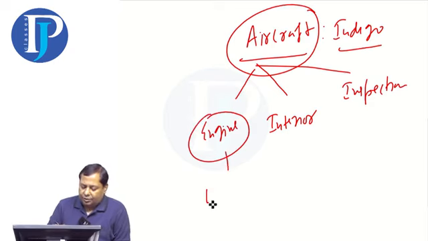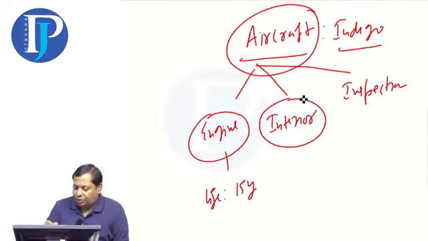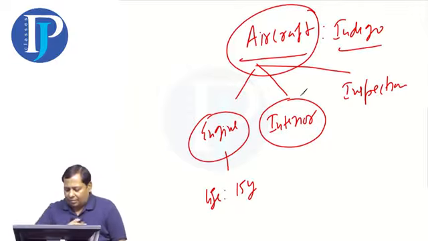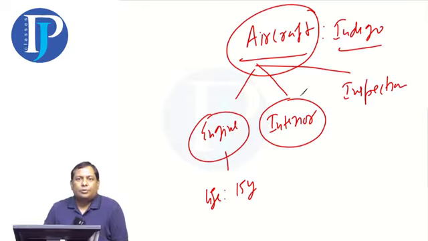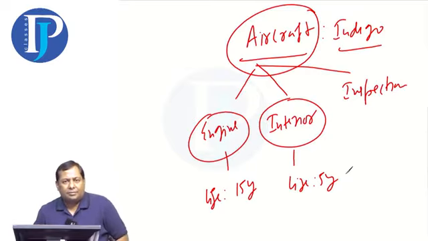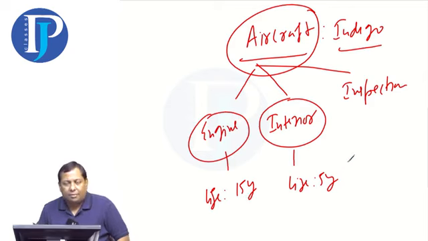Engine, the life of this is usually considered to be around 15 years. And the interior, so in the interior the seats are included and the fabric of the seats also. The TVs that are mounted inside the aircraft and also the carpets. That whole system, the AC is also included in interiors. The lifespan of this is considered to be 5 years. So after every 5 years, in 5 years you might have to change the interior of this. The engine will last for 15 years and the interior for 5 years.